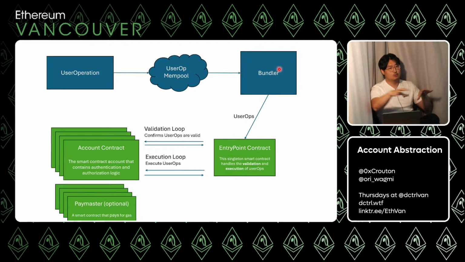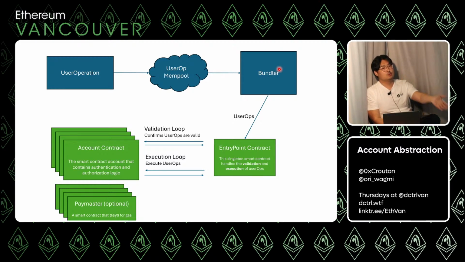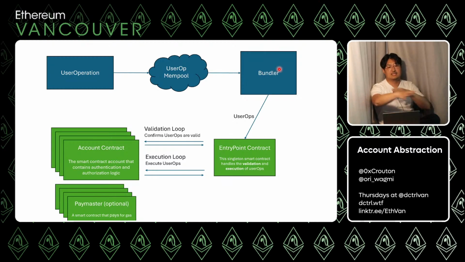So now you have nodes, and because of how nodes talk to each other, you can have a mempool. As Andrew, I can submit a user operation to this RPC endpoint, which is just a bundler RPC endpoint. That is a user operation, and it gets communicated throughout the network, and that's the mempool that's going on. And then any bundler can pick it up and go do stuff, right?